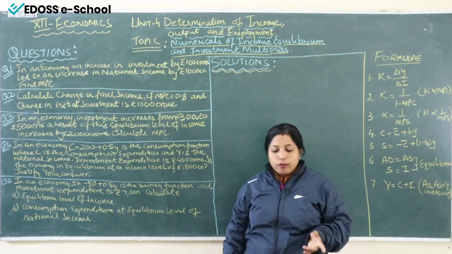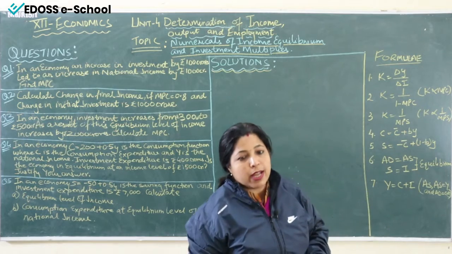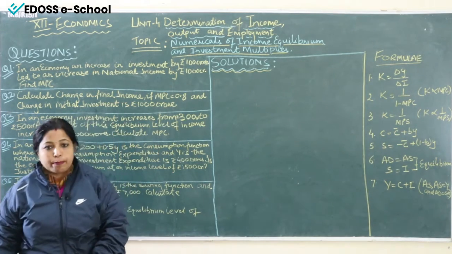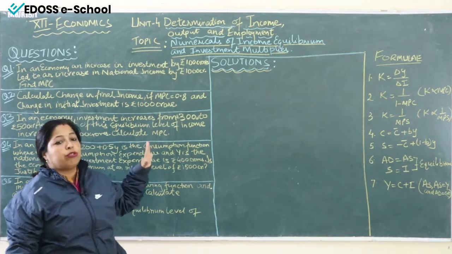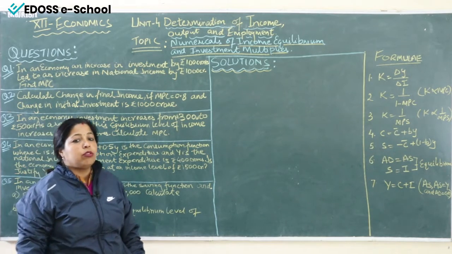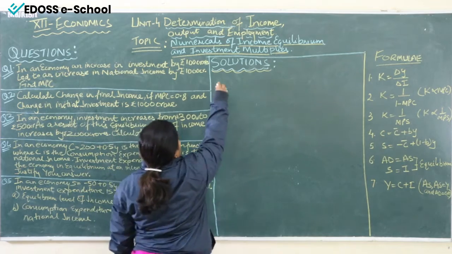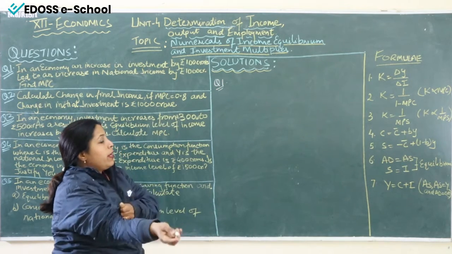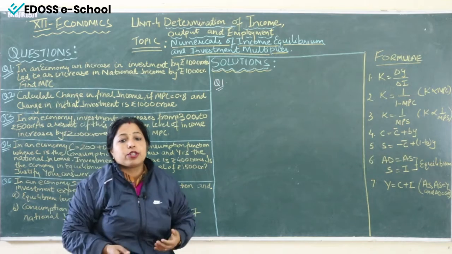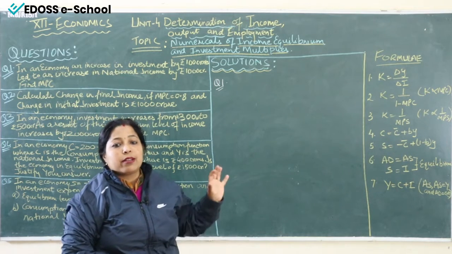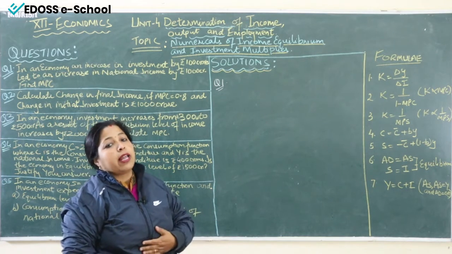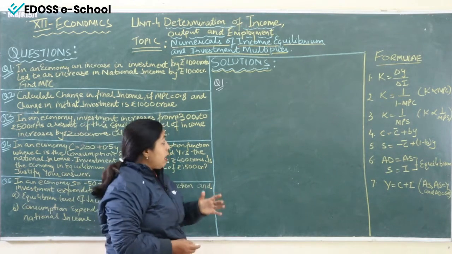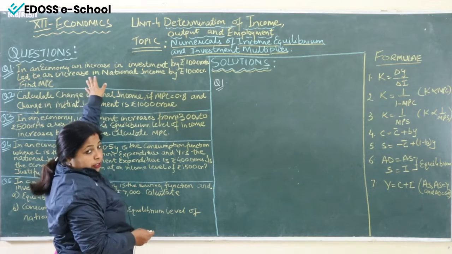So, this formula can be used for the numericals related to income equilibrium. We have gone through the formulas, and now we are going to start with the numericals of this topic. Here are the numericals. We are going to take them one by one and solve them. Let us take question number 1 first. While solving the numericals, we read the question first, and after that we make a summary out of it, and then we do the calculations as per the requirement. So, we are going to do the same. Taking on to first question.